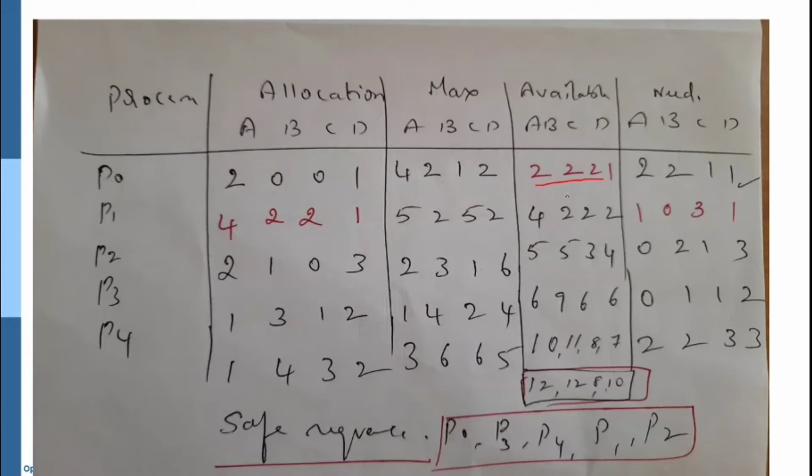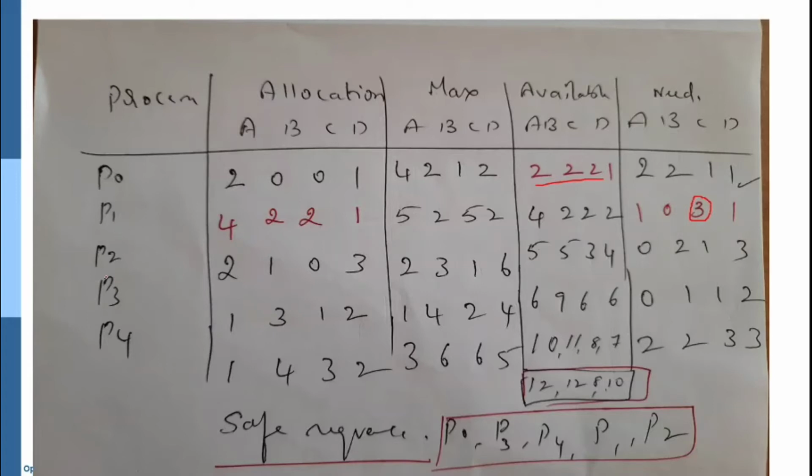So whether we can apply or not, we see here. When it is applied, there is 2 0 0 1 allocation, and the need is 2 2 1 1. So we can satisfy this condition 2 2 1. Next, when it releases all its resources, 4 2 2 1. But here you can see the required need for the process P1 is 3 now. So we cannot go for P1.